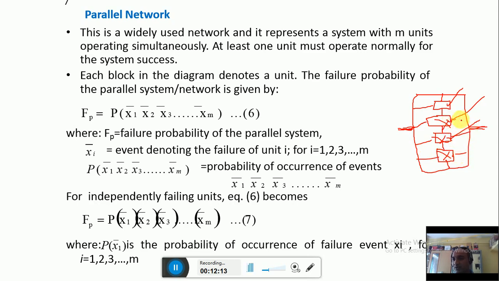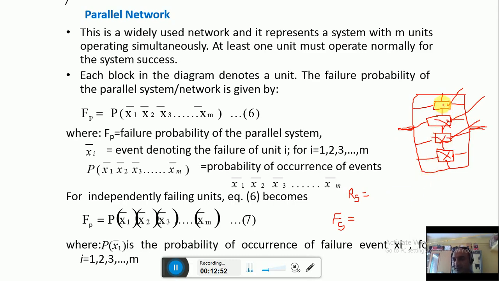So in this case, the system reliability can be calculated using a very simple concept, RS. But before finding RS, first find out the failure of the system. What will be the failure of the system? If all the components are failed, then and only then can the system fail. Try to understand this sentence: if all the components are failed, then and only then the system is failed.